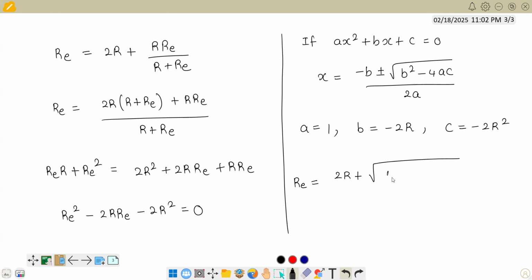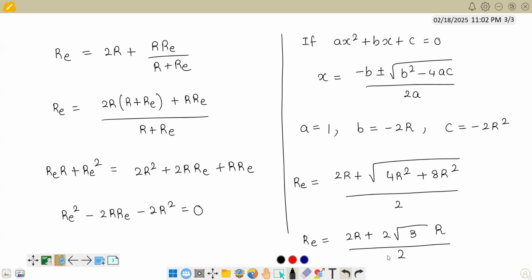Resistance cannot be negative. B square is 4r square minus 4ac if I substitute it, plus 4 2s are 8r square divided by 2a. So you'll get R effective equals 2r. This is 12r square, which can be written as 2 root 3 r, because root 12r square is 2 root 3 into r, divided by 2. So finally, in an infinite series with equal resistance,